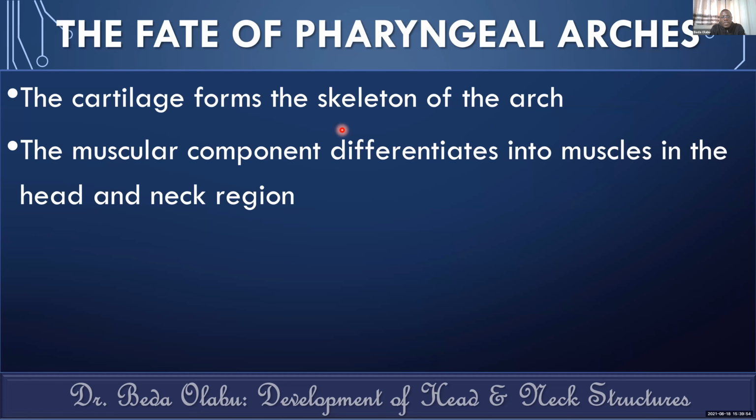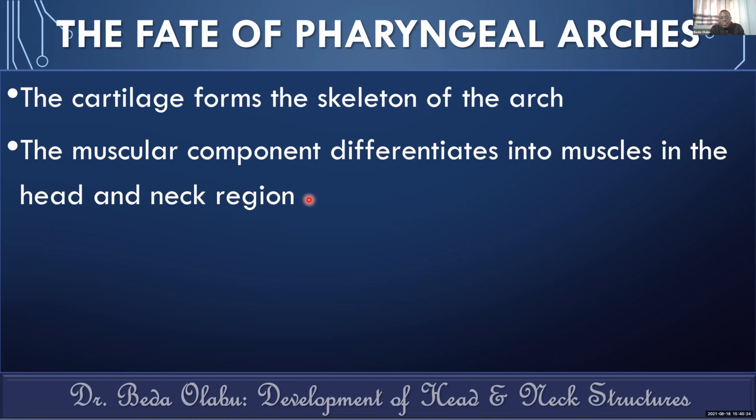But I believe from your gross anatomy, you most likely remember something already: the muscles of the first arch, the muscles of the second arch, up to the muscles of the sixth arch. So basically, the muscular component of each arch differentiates into the different muscles of the head and neck region which come from the pharyngeal arch. So it's not all the muscles of the head and neck region,